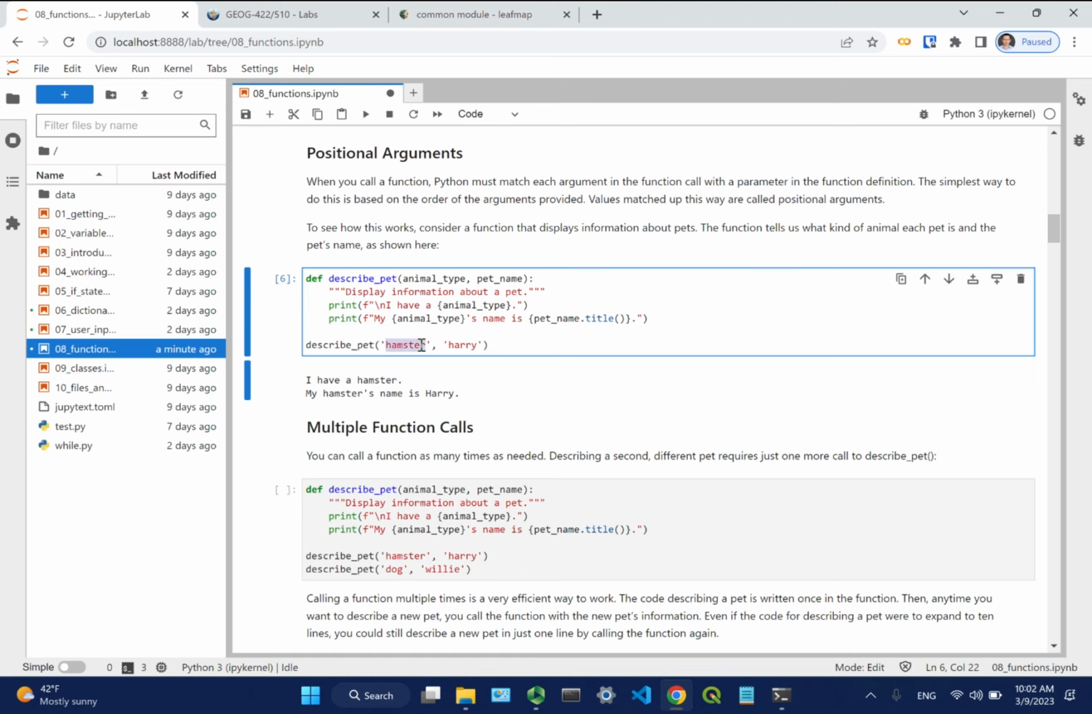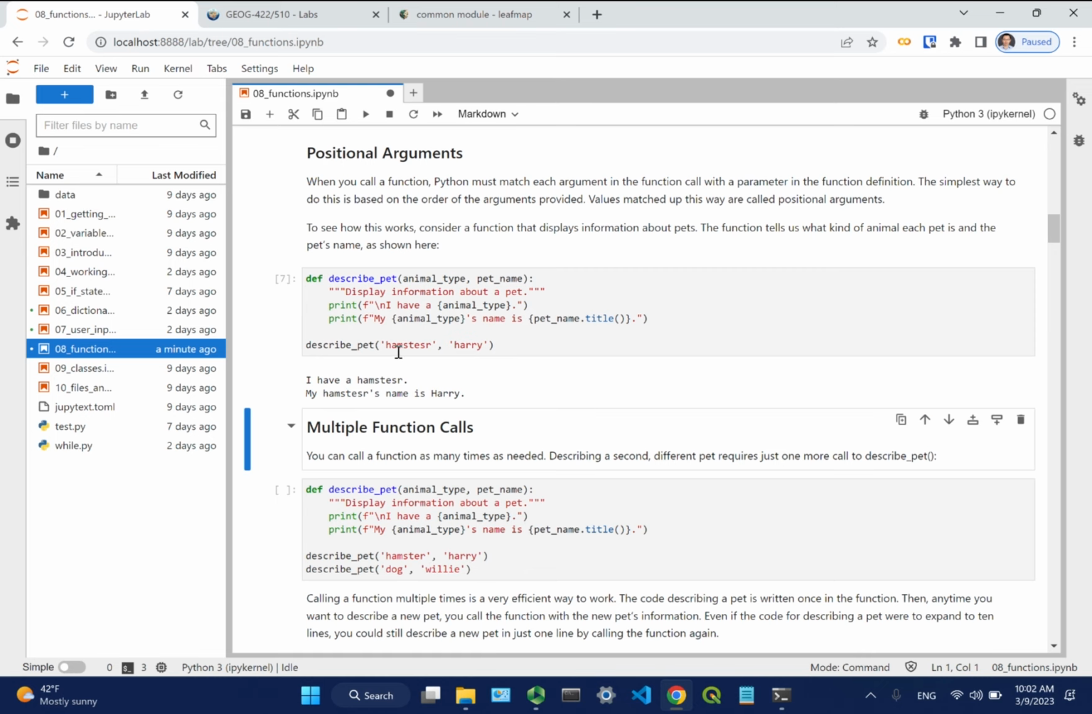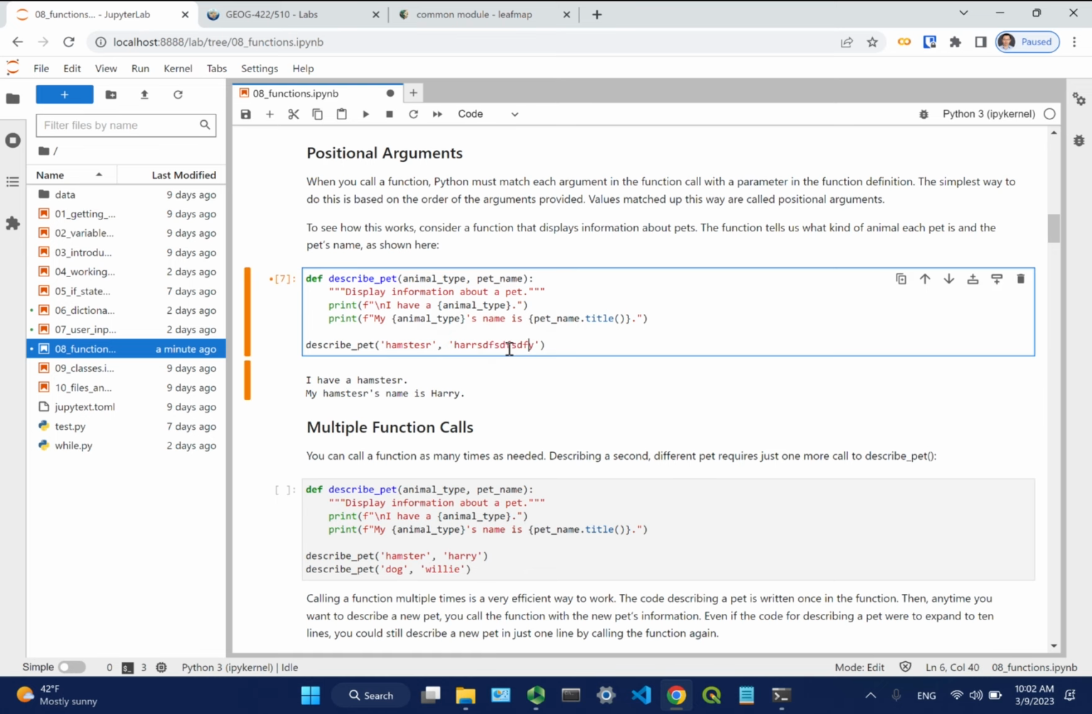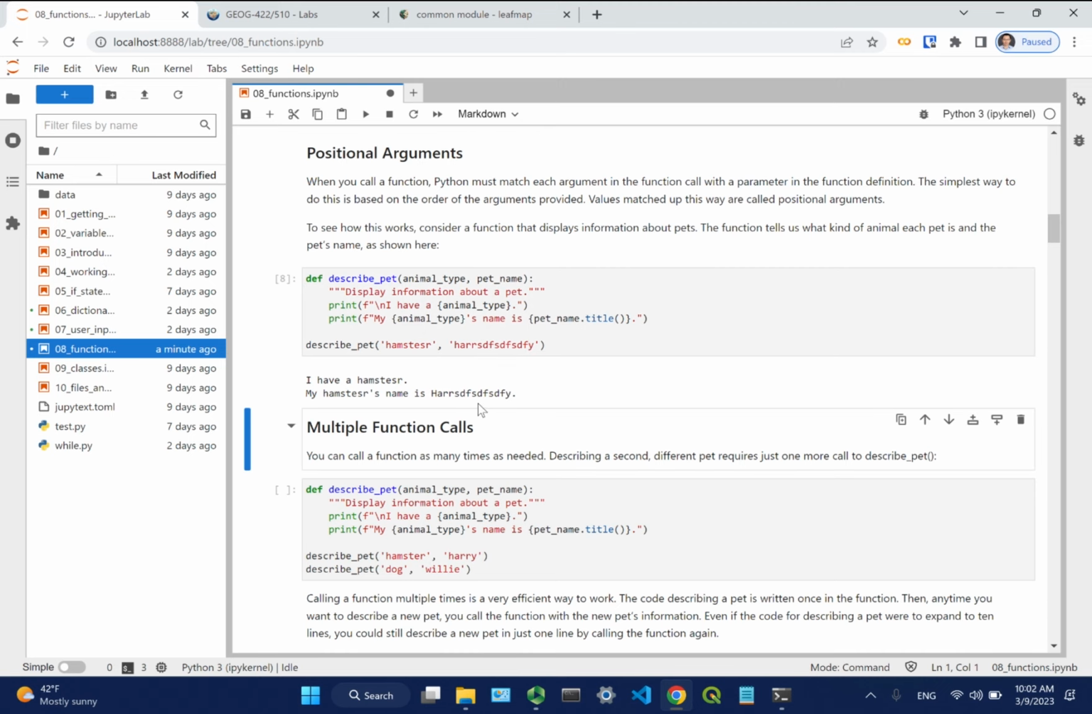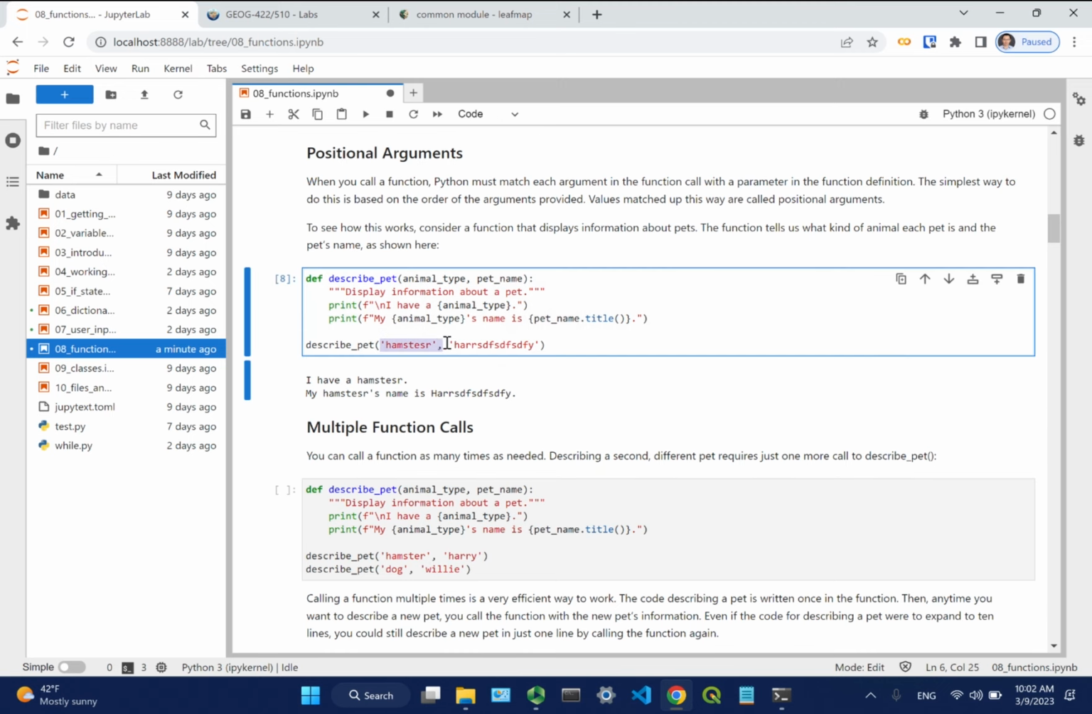So here, if I change to something else, it's going to just change the first one. And I can do something here. It's going to change the second one. So if you reverse it,